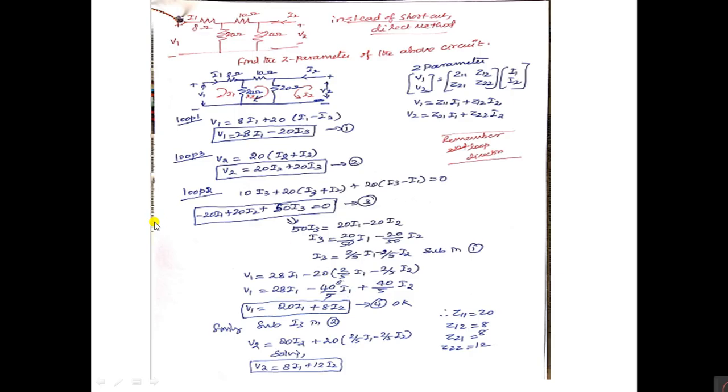The previous one is the general format, as per procedure. This one is the second method. Simple, the same way we discussed in the star network. Write the loop equation with I1, I2, because the input port is I1, the output port is I2. In the middle you take I3. Don't consider I2 here. As usual, what we discussed in unit 2, write the equations. You will get V1 equals 28 I1 minus 20 I3, V2 equals 20 I1 plus 20 I3, but our equation requires I1 and I2.